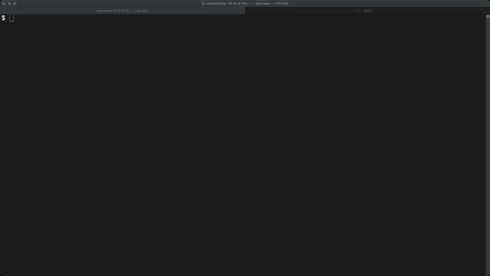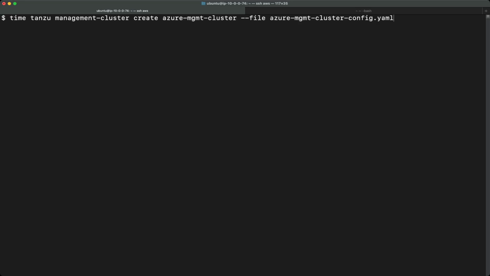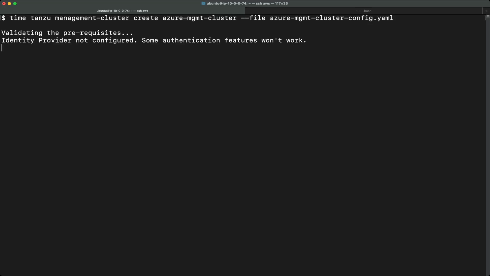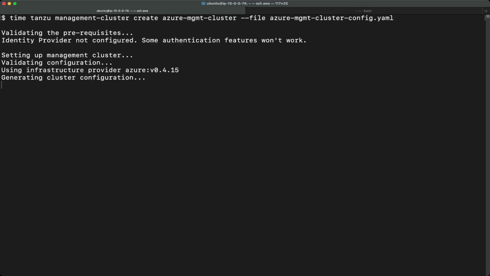With that, let's deploy the management cluster. This will be the cluster that manages our other Kubernetes clusters, and this is also a Kubernetes cluster by itself. Let's deploy this, and I'm going to time it. It will take a few moments, probably 2-3 minutes, or maybe max 5 minutes. I'm going to start it off, and I'll pause it and unpause it when it's done, and show you how much time it takes.